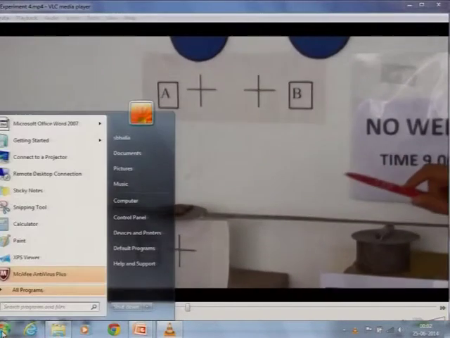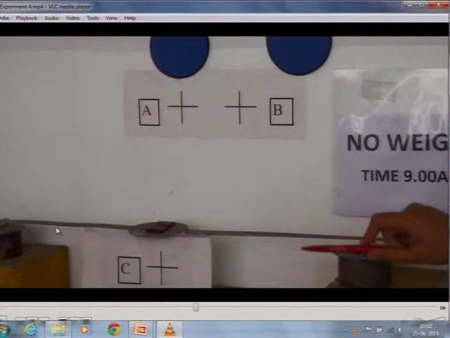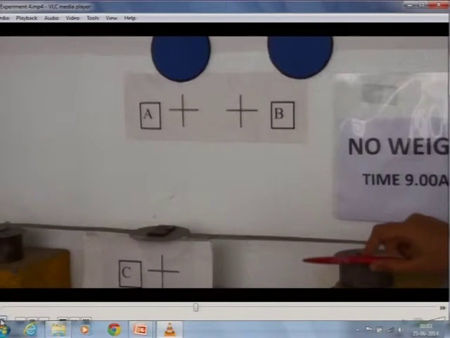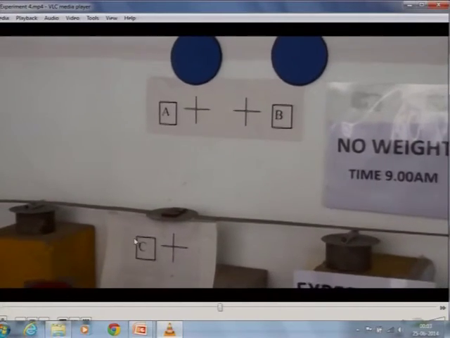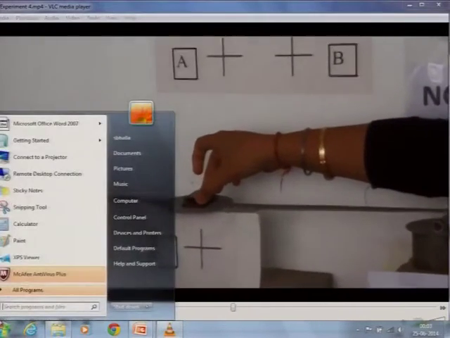Next step is, in the next step we put the load on this beam. So, first is the no weight condition, in which there is no weight on this beam and we capture the picture and measure the length of line AC. And in the second step we put a first load on this simply supported beam and it will get deflected, and we will then again